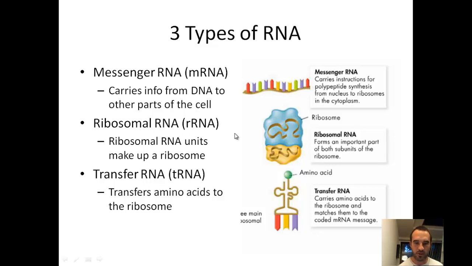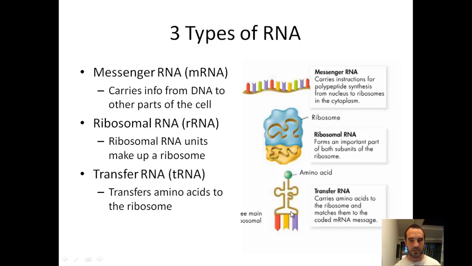Then you have ribosomal RNA. So a ribosome is basically made up of two parts, and in here they've given you the blue and the gold or yellowish part here. A ribosome is built out of RNA. And the RNA in the ribosome basically helps to read and attach this messenger RNA. So the messenger RNA is going to slip right in between these two things here. And the RNA in this ribosome is going to help read it. And then the very last one is this